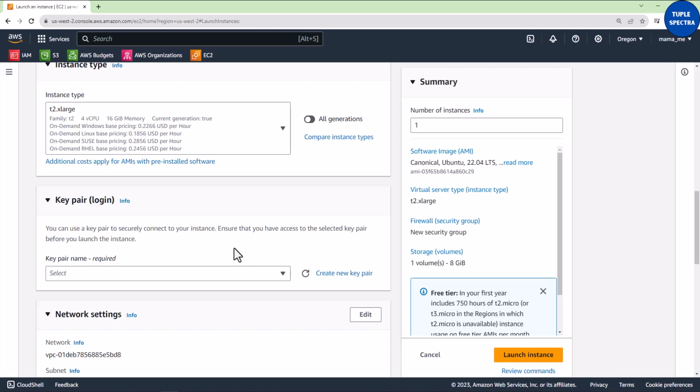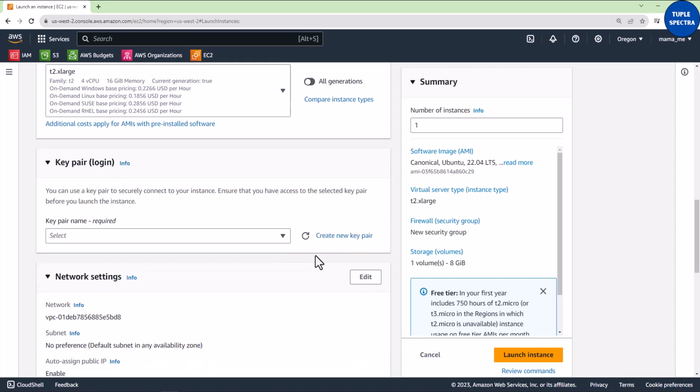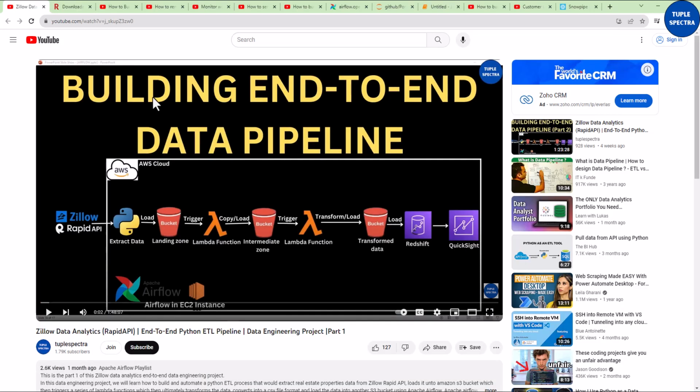Okay. Now, the next thing is our key pair. So you need to create a key pair right here. If you don't know how to do that, it's easy. Just click that and follow what it says. But then, if you don't know how to do that, I already have a video where I showed how to